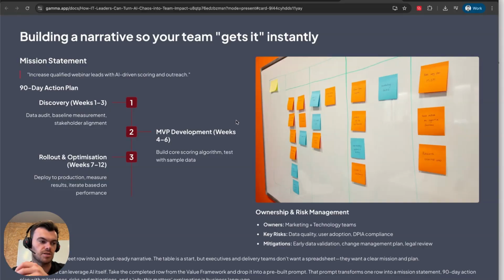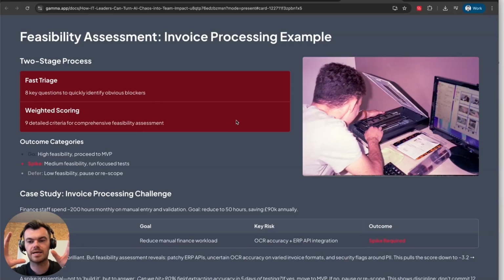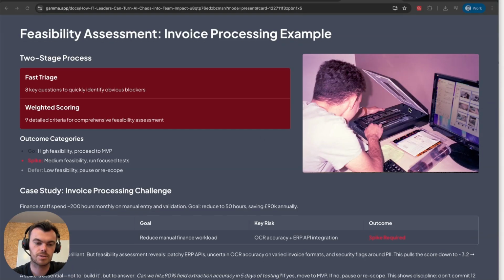I think this is a good example of using AI for very simple but effective things. Now, the second framework that I want to leave with you today is feasibility assessment. I'm going to switch the example to invoice processing because that allows for a bit more conversation on why we need to assess feasibility at a bit more depth than maybe what other people have suggested. I'm also going to show you the Excel worksheet we created to turn AI ideas into feasibility assessments.